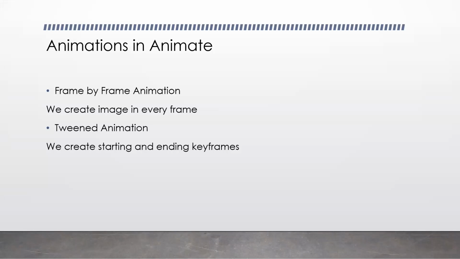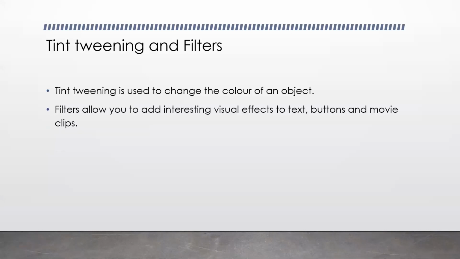In this, what happens is that we are going to create only the starting and the ending keyframes, okay? And Animate CC itself is going to create some kind of animation or motion between the frames. All right. So in the tweened animation, Animate will itself create the motion effects for the in-between frames. We just have to start the keyframe, and then specify the ending keyframe, and then everything will be done by Animate CC itself. All right. So these are the two types of animations.